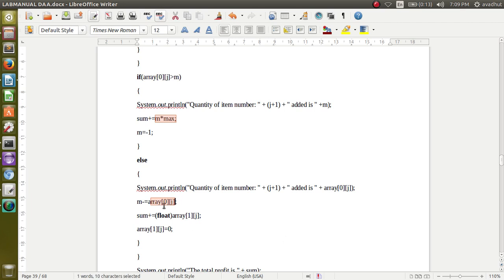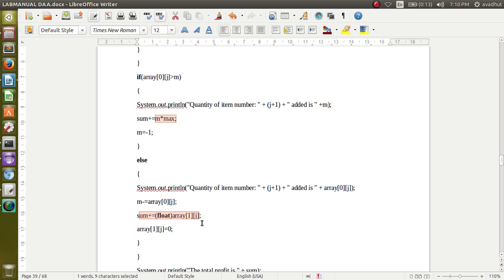See array[0][j]. What did we add before? We added only m into max, meaning only some quantity, but here we are adding the complete item, since the weight of that item is less than the weight remaining in the knapsack.